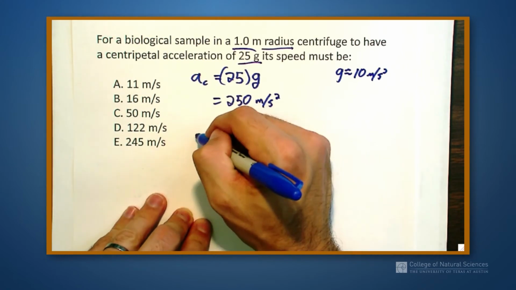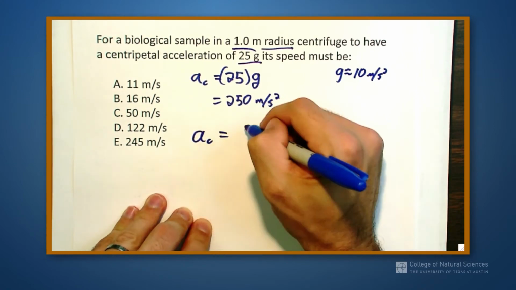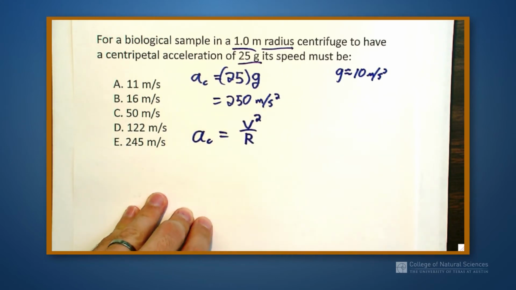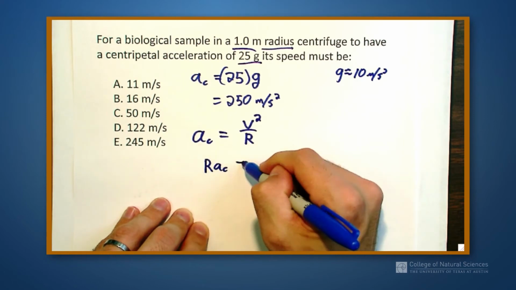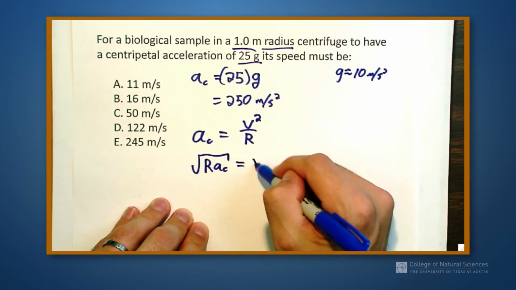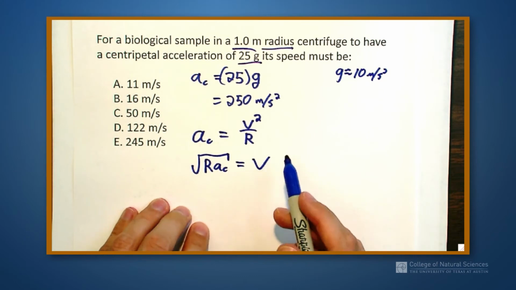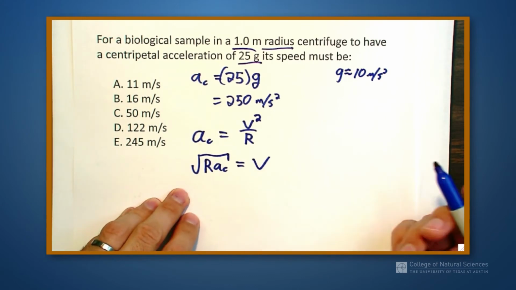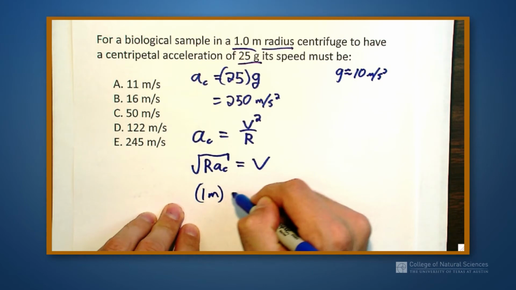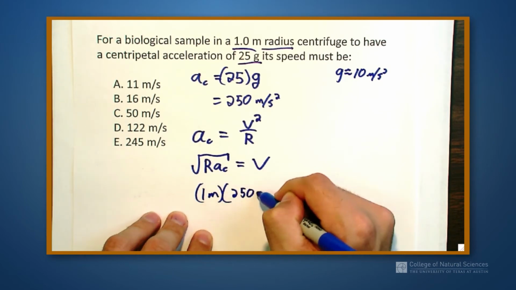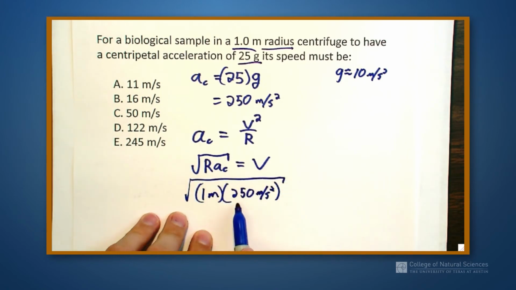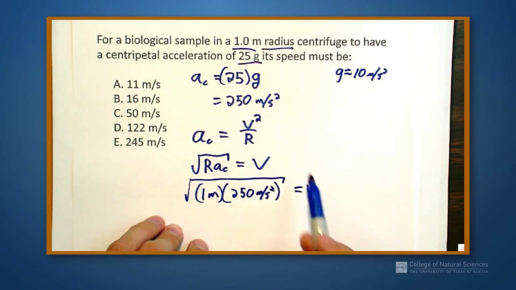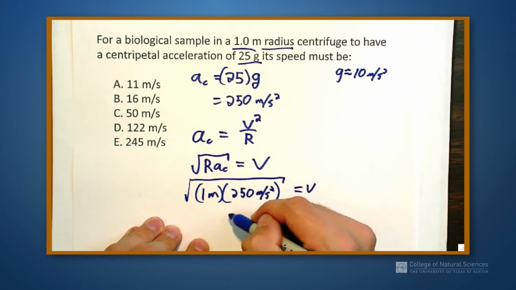All right, so our centripetal acceleration for this is v squared over r. So r times a_c is equal to v squared, and v is the square root of that, just rearranging this equation. Now I'm going to plug in some values. I have a 1 meter radius. I have 250 meters per second squared for my centripetal acceleration. And that's going to give me my speed around the outside, or the square root of